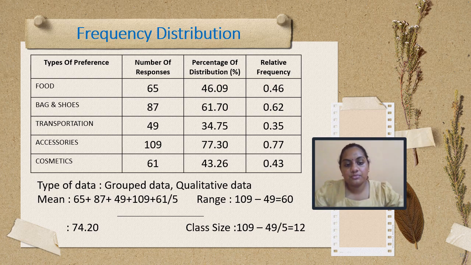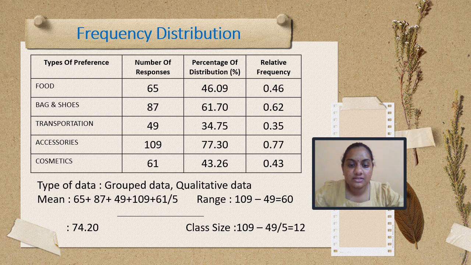There is some information we can collect from this data, which is type of data. This type is a group data and a qualitative data. This is the way we calculate the mean. We add all of the number of responses, 65 plus 87 plus 89, and plus the 109 for the accessories, and plus 61 for the cosmetics, and we divide by 5 because there are 5 types of preference. We will get 74.20,